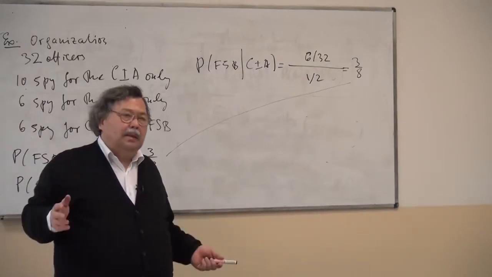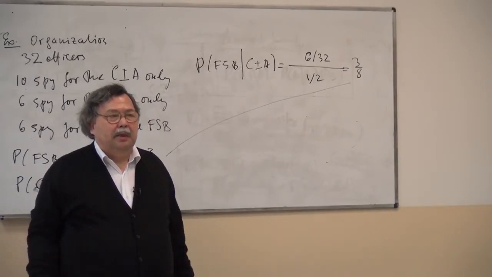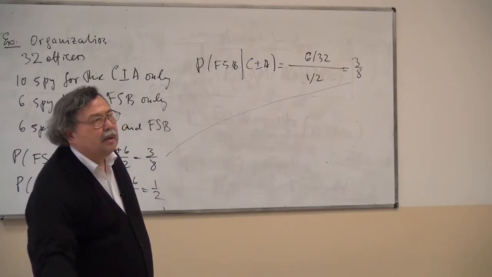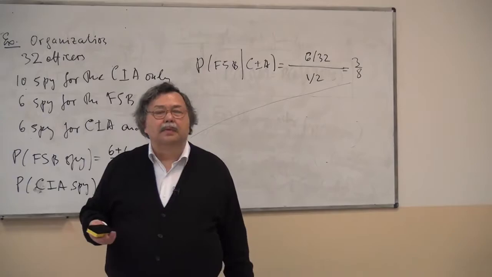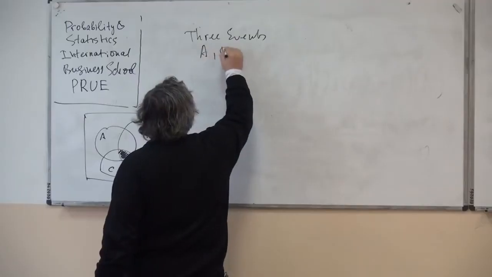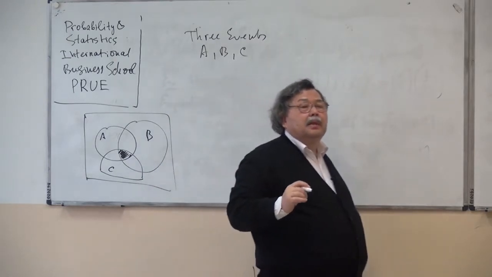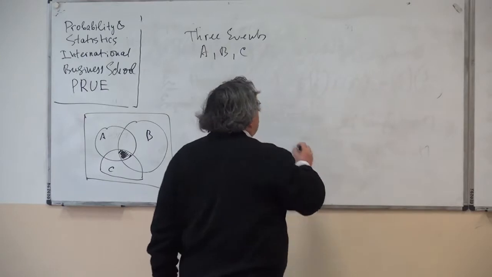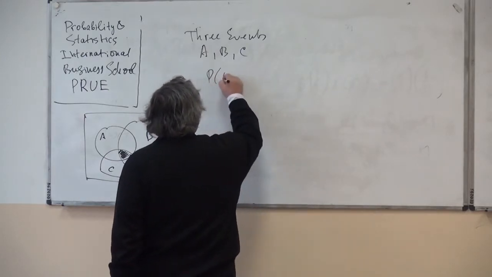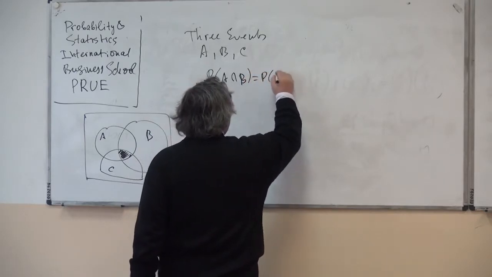It's even less simple if we talk about 3 or a greater number of events. Let's look at 3 events, and let's try to understand what independence means in the case of 3 events. Let's call them A, B, and C. What should we understand by the independence of 3 events? Well, of course, we expect that the probability of A intersect B is the product,